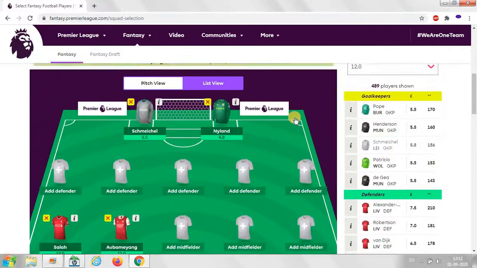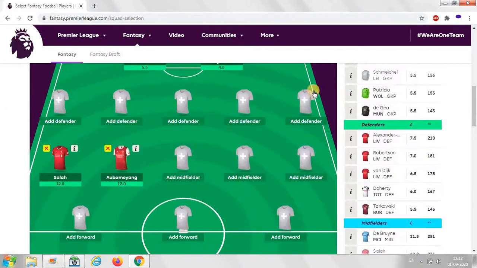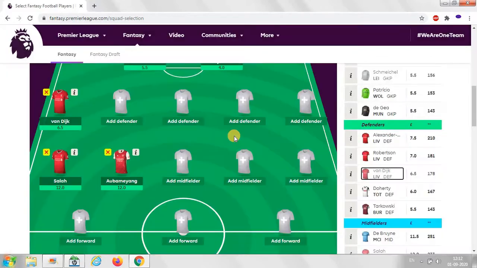So see, our money remaining is 56.5. We need to choose this many people with the balance. So I will say we will select Virgil van Dijk, because I know Liverpool won the Champions last time with the help of Van Dijk, Alexander and Robertson, right?